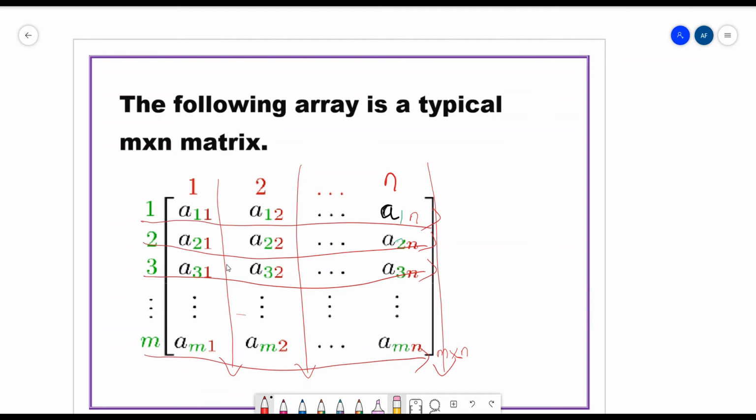You can see here the element is A everywhere. So it can be the same numbers. I have already told you elements can be anything or it can be the same itself. Here everywhere it is A, and all these elements are arranged in rows and columns and represented inside this particular bracket of this form. Then this particular representation we call a matrix of order m cross n. M cross n, I have told you already, is the dimension where m indicates the number of rows and n indicates the number of columns.